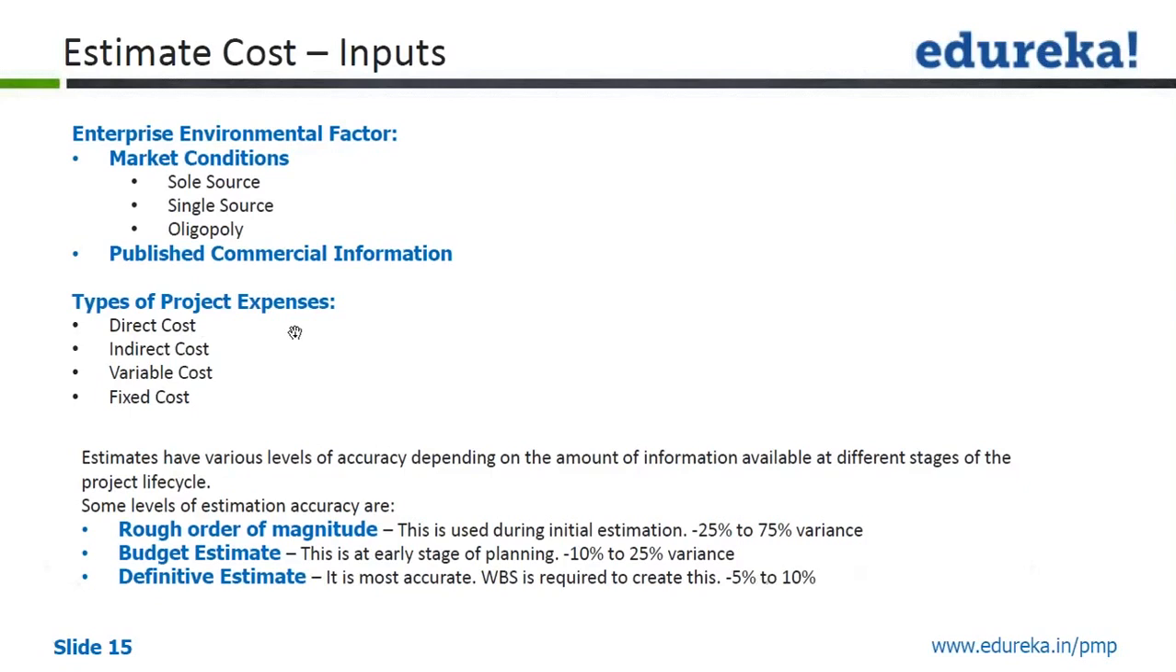Types of project expenses could be direct cost, indirect cost, variable cost, and fixed cost. So we'll go one by one. Direct cost is any cost that can be attributed directly to the project activity. Indirect cost is a cost which cannot be attributed directly to your project. So for example, management overhead is one example. Then another example is